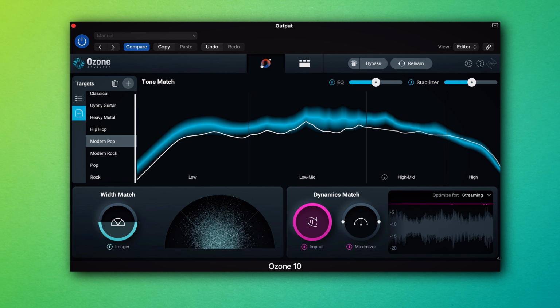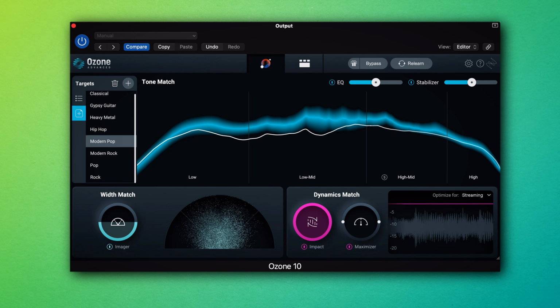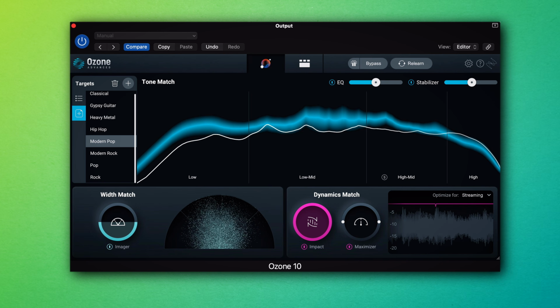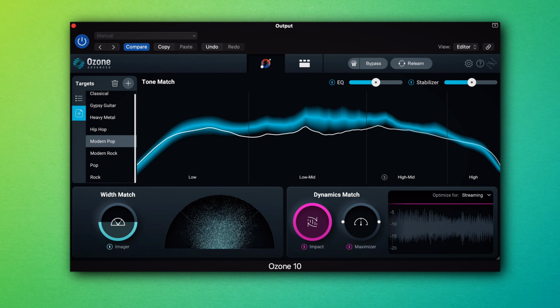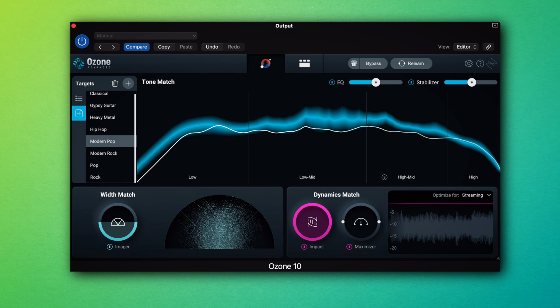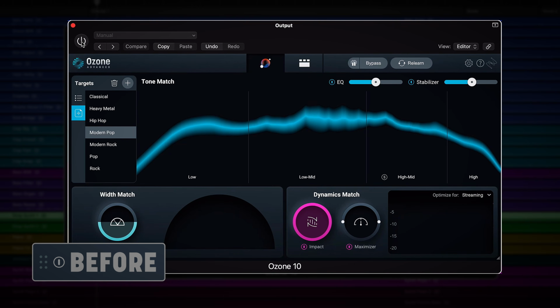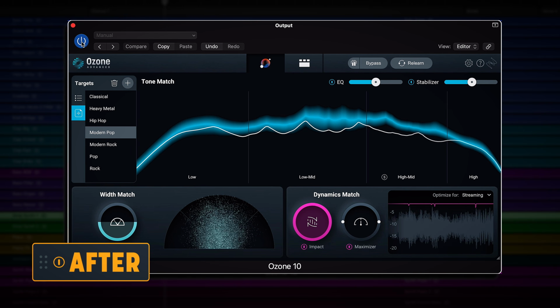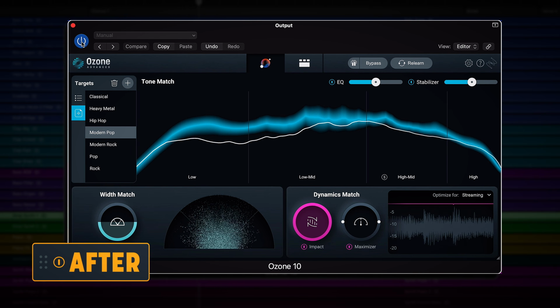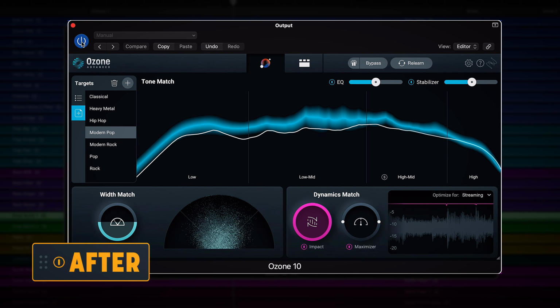Notice how, whilst the first version doesn't sound bad, once you hear the Audio Lens version, it sounds so much more appropriate for the genre. There's a lift in the low end that we would expect from a modern pop track, and the transient information just becomes a bit more pronounced. So we can match the overall frequency curve of the genre we're working in with relative ease. In fact, if we're using the Audio Lens capture within Ozone, then we're also able to match loudness, dynamics and width, as well as tonal balance.